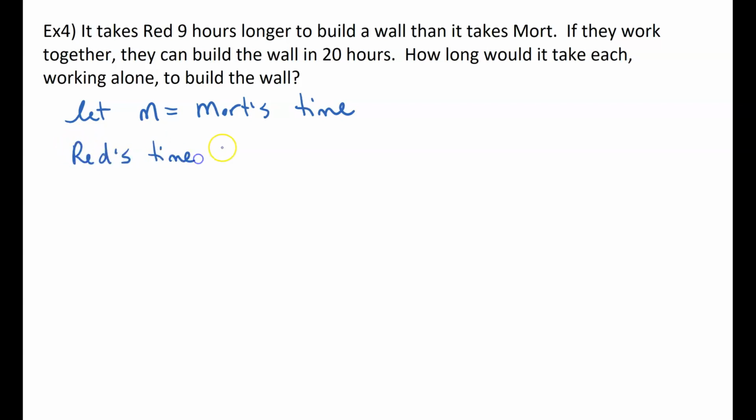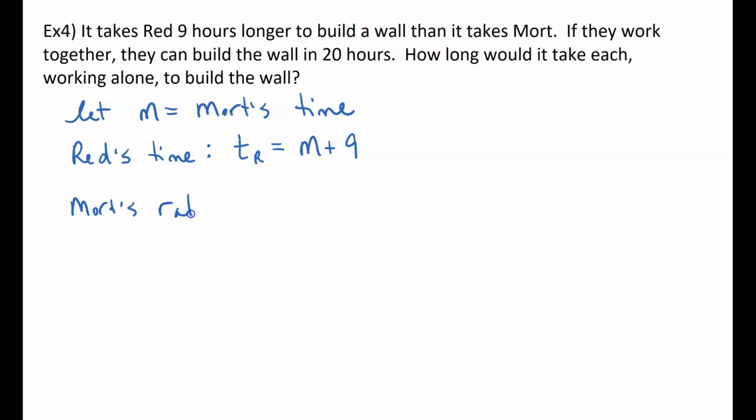Yeah, Red's time. And what I'm going to do is do time for Red is equal to m plus 9. Okay. So that means that